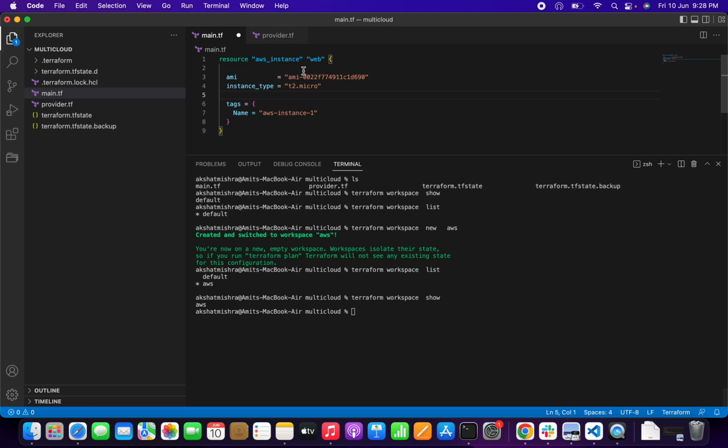Let's say I'm using a resource, and I will be creating a count equal to 1. This will run one time, but I want it to run in this workspace only. So I will use the Terraform dot workspace keyword. I will tell this line: if Terraform workspace is equal to AWS, then please launch one instance, else don't launch. Okay, so as soon as you save this,